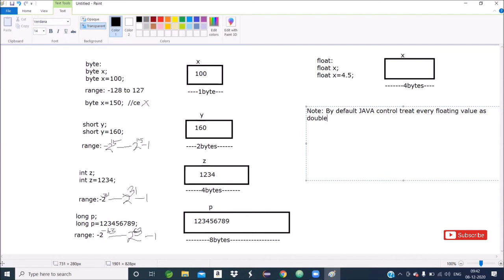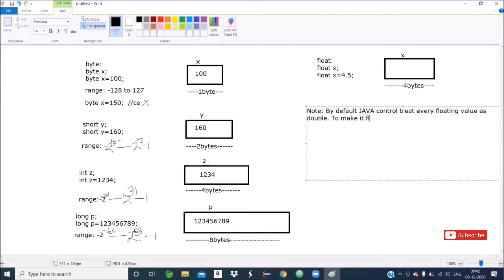When a floating value is read by the control, immediately 8 bytes of memory will be allocated. But if I think 4.5 is a very small value, there is no need to allocate 8 bytes of memory. I can happily assign it in 4 bytes of memory.